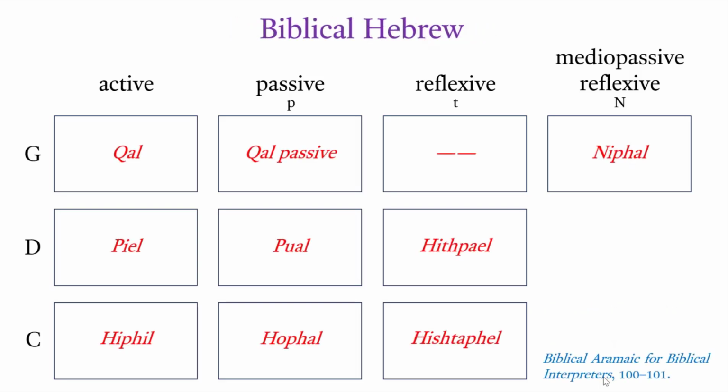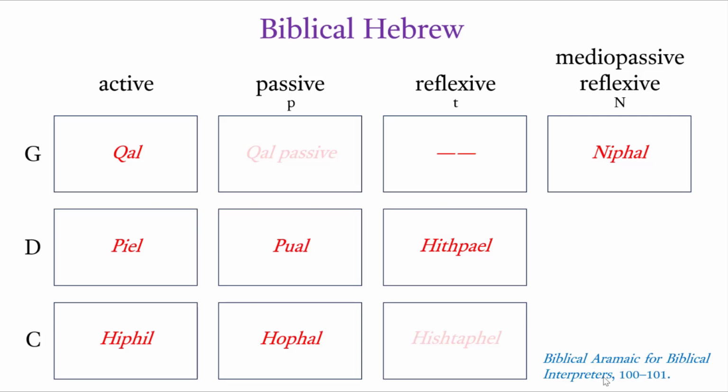So in Biblical Hebrew, this is what we have, where there's no tG, there's no reflexive that's functional in the verbal system that we see in the Hebrew Bible. And in fact, you've already probably seen here, I'm going to gray out Qal passive and Hishtafel, which are not really productive across the broad range of the Hebrew Bible, thus leaving us the 7 stems that we teach all the time when we teach elementary Hebrew, with Nifal off to the side. Of course, I've talked about sort of the horizontal arrangement here.